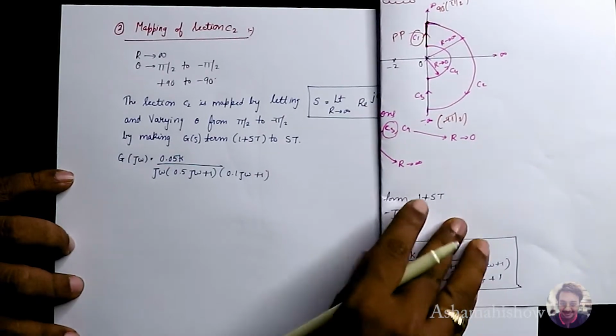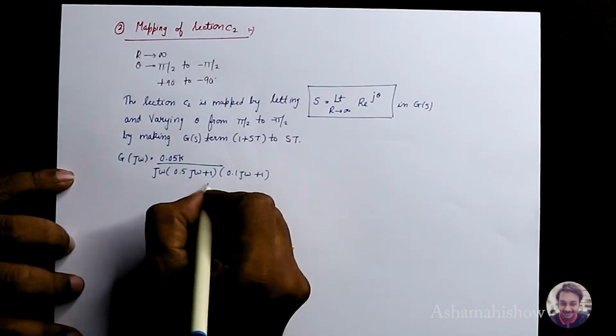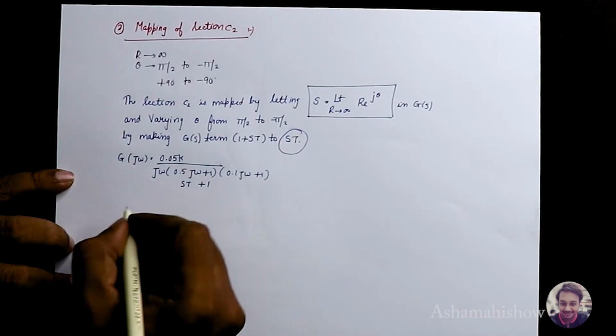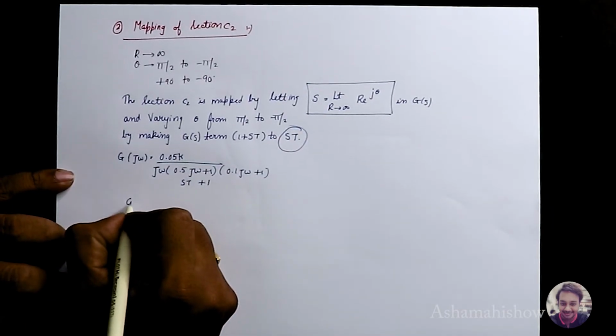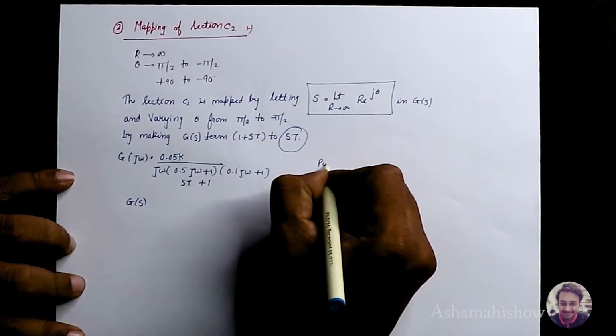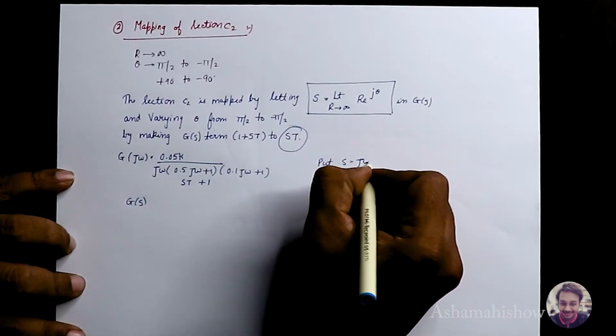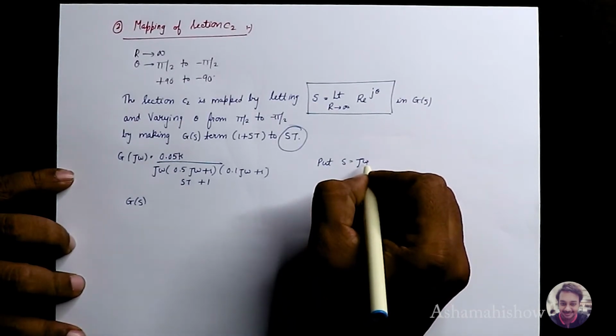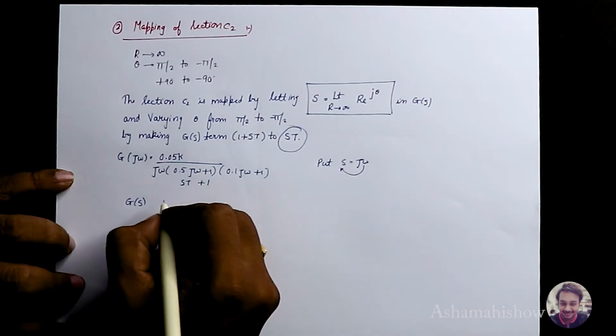So this is the one. Now this is the form of 1 plus sT. As they have asked to take only the sT term, I'll take only the sT term. Now for our easiness, I'll make s to j omega. J omega we have done, right? Now I'll bring back from j omega to s here,